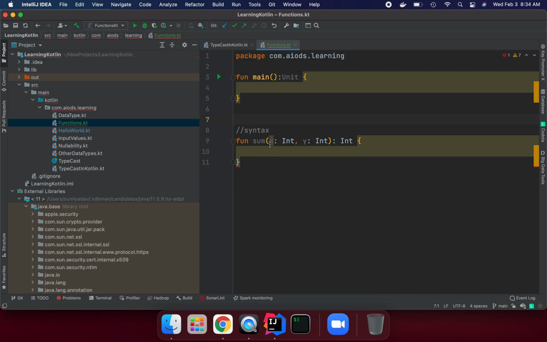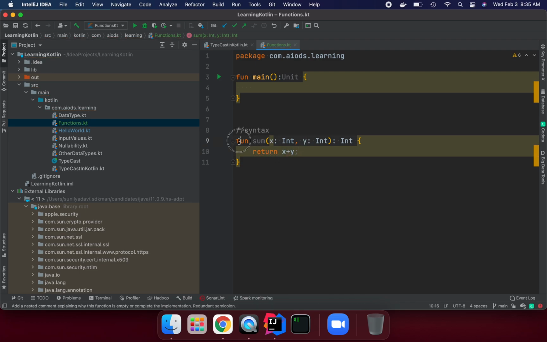A function is basically a unit of work, a behavior we are going to implement. So we always need to keep a function small, with few parameters, and do one purpose per function. Not that this sum is also going to do add or multiply, or subtraction. It's only going to add when you call sum. I'm going to sum up two numbers, and I'm going to return x plus y.